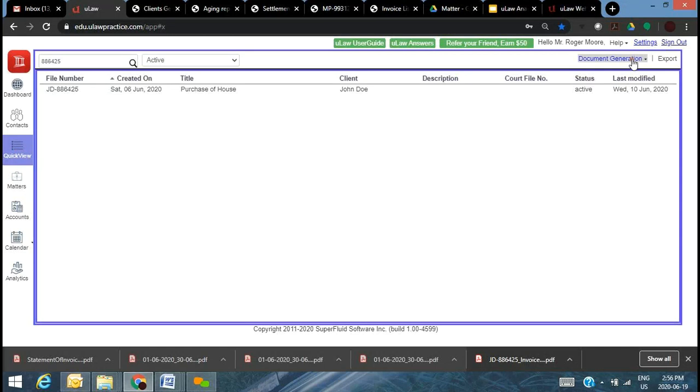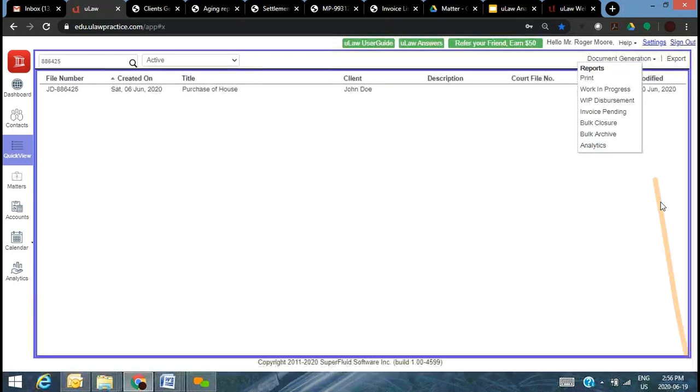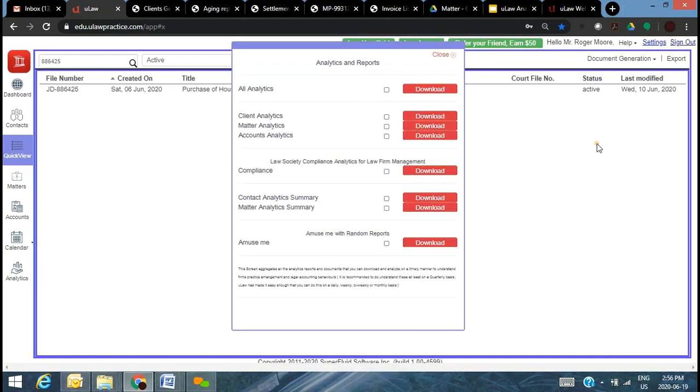So with just a few more minutes left, I want to show you the level of analytics we're giving you right now. So right under Quick View, under Document Generation, under Analytics. So here are about 8 to 10 different types of reports. It even has an Amuse Me, so I'm sure you'd be interested and intrigued to know what that is. But at different levels, so at a client level, we're giving you the overarching analytics for all of your client information. At a matter level, overarching across all your matters, we're giving you analytics around the accounts. Like this is a single snapshot about your business, about your compliance,